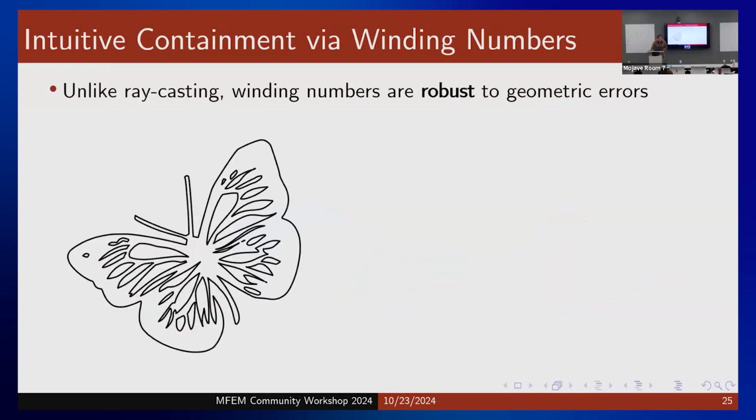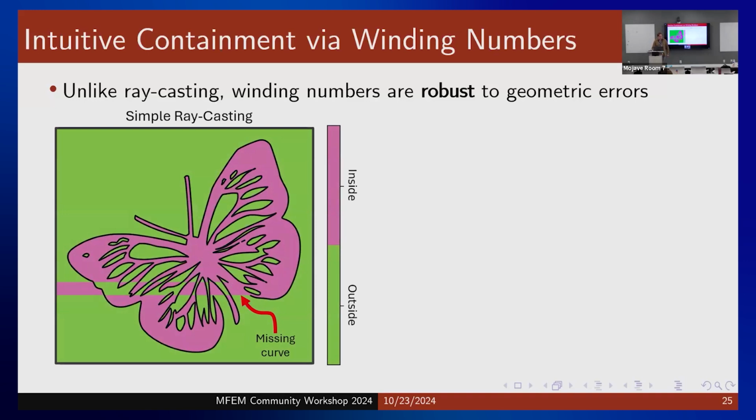So as an example of that, here is an SVG file made up of a couple hundred cubic Bezier curves. And what I've done here is I have removed one of these edges. So all of a sudden, just with that simple change, this thing does not have a volumetric interior anymore. And that poor behavior is reflected when you try and do ray casting on a shape like this. You can see that not only is the result wrong, but it's also wrong in places where we wouldn't really expect it to be, like in places way on the other side of the domain